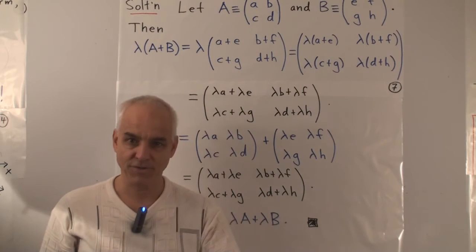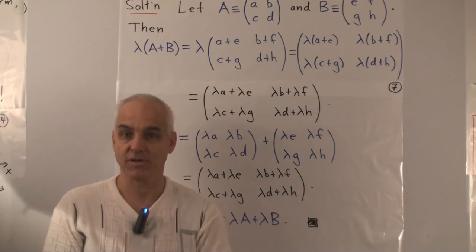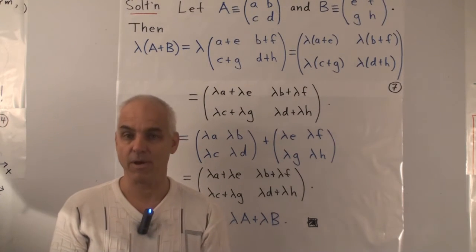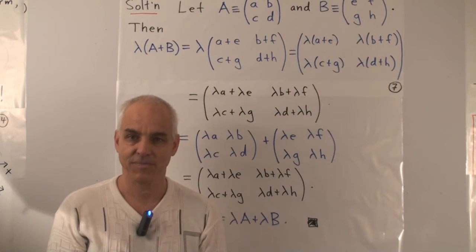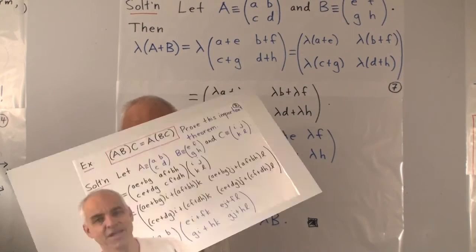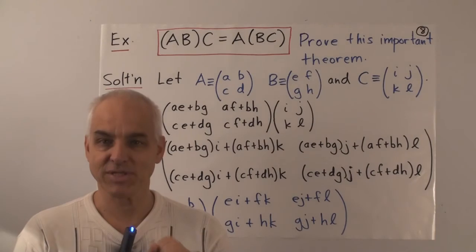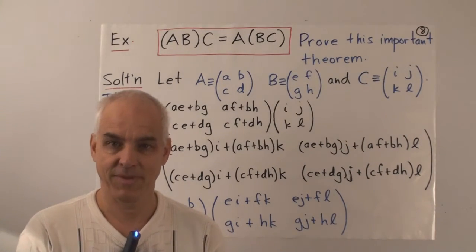I want you to go through all those laws and write down proofs for the 2-by-2 case. And you can also think about the 1-by-1 case, which is relatively simple. Let me give you another example, which is also a very important and non-trivial law: the associative law for matrix multiplication. This is a major result which is non-trivial.